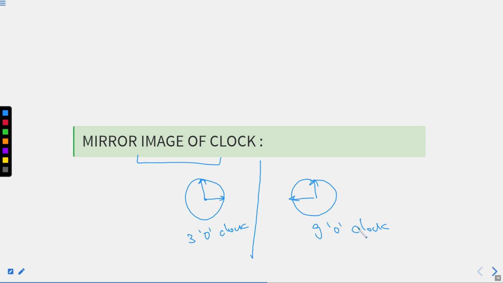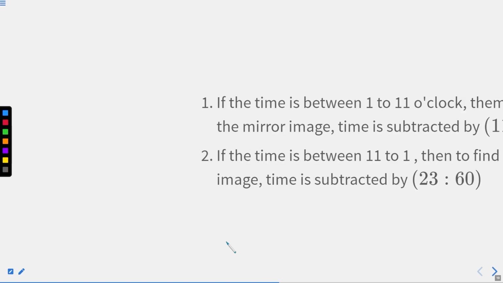But for that, we'll derive some methods also. First is this. If your time is given, draw it. And with the help of the diagram, you're able to figure out what the time is. Because we know 3 is here, 12 is here, 9 is here, and 6 is here. So, as per the mirror image, the time shown is 9 o'clock. Right? This is a method that we are going to follow here.